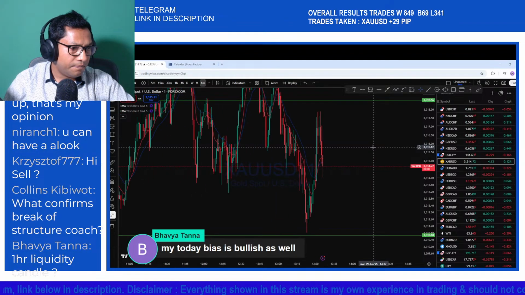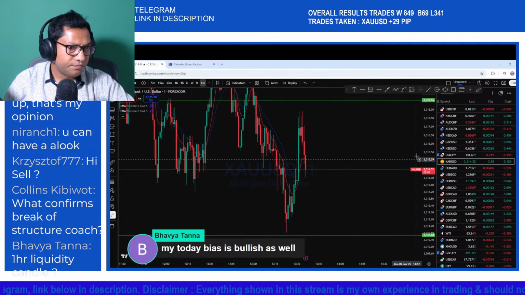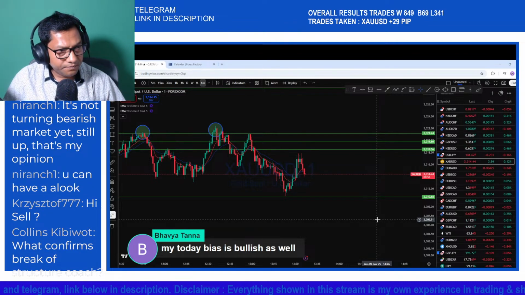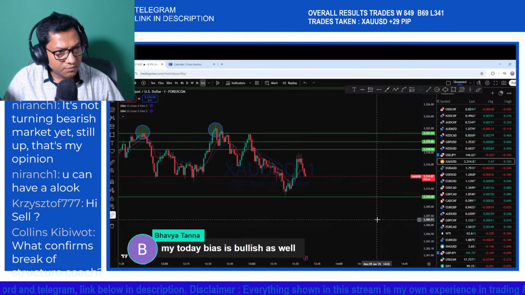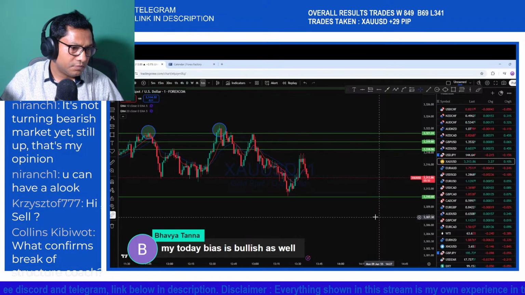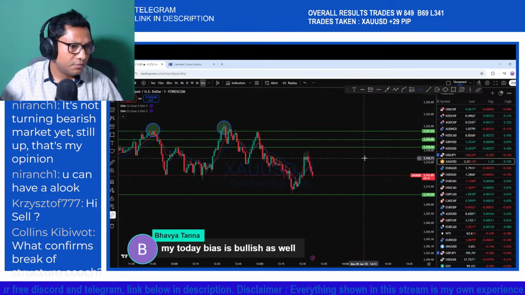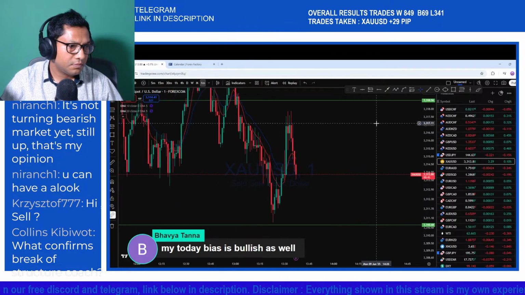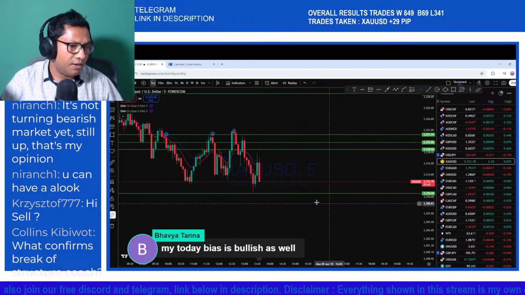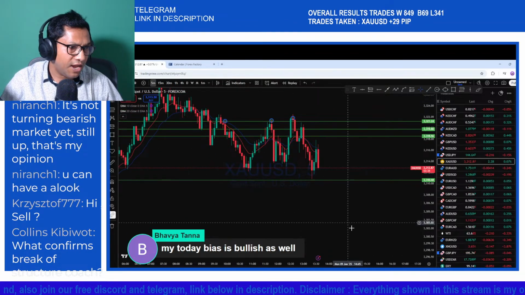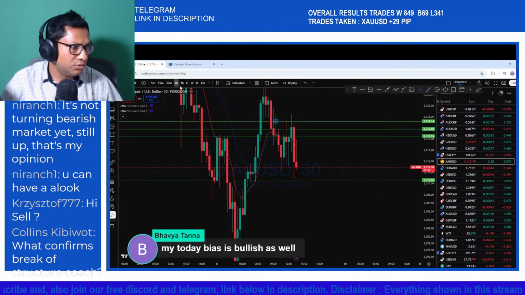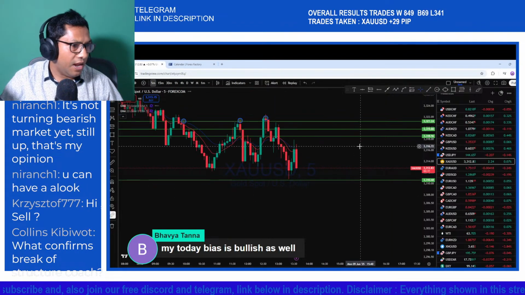And that being said, now you can see after the liquidity grab, the market is slowly pushing back again to the downside here,